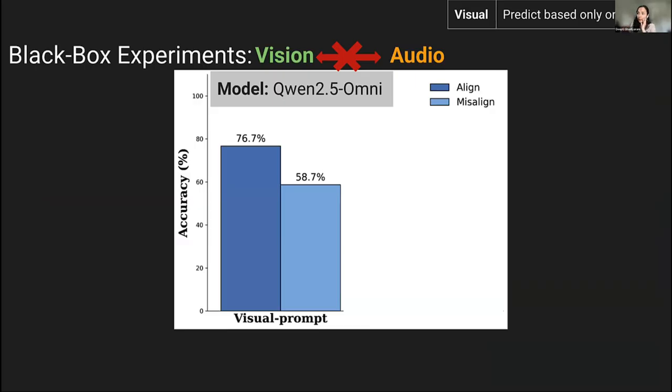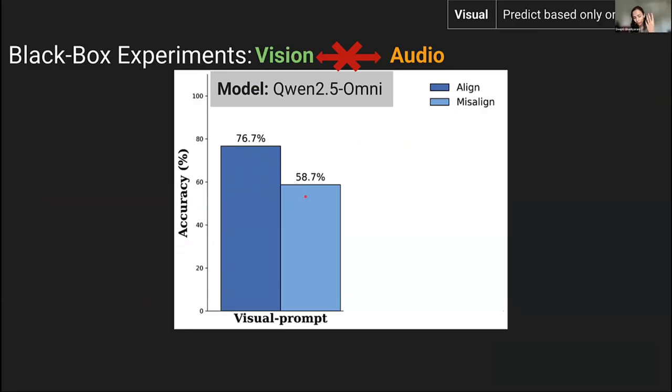We found that many models struggle a lot when even one modality is misaligned. So here we swapped the audio with an irrelevant one, but the question still remained: what is the object that you see in this video? And we saw a drop of 20% in the performance.